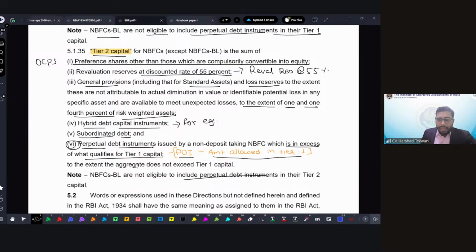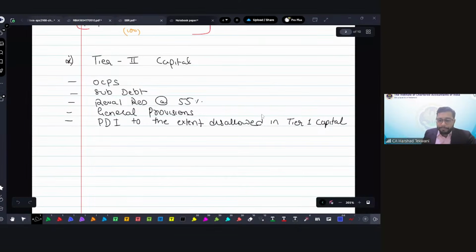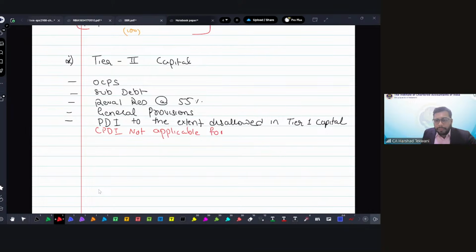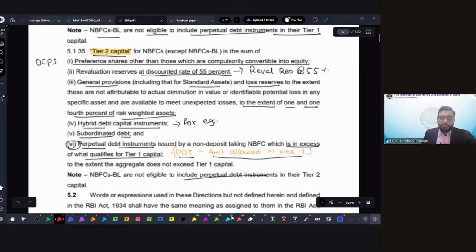So whatever terms we are discussing, this is the definition applicable for all. See, PDI. Go back to the previous slide only. In that slide only, I have a doubt. PDI not applicable. Yeah, for base layer. NBFC base layer. This one, yes. Okay,